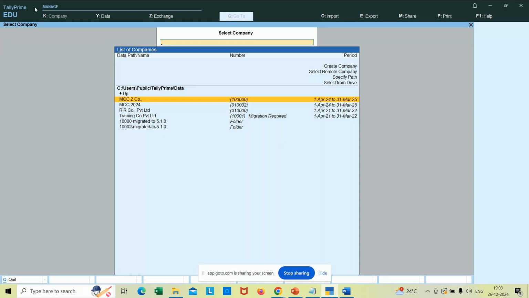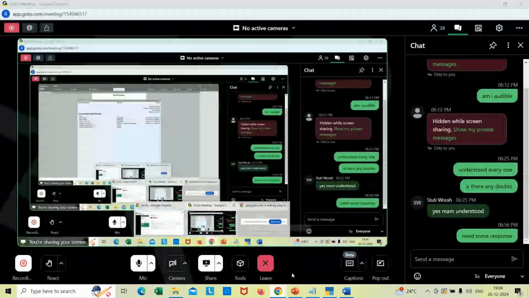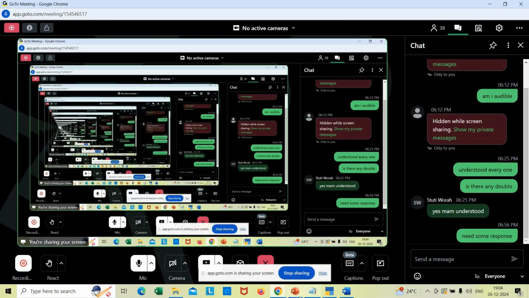So do one thing, go to shirt company and it will display the company identification number. Hope everyone is seeing the number, right? Go to shirt company. It will display your company name along with the identification number, right? Okay. Now,